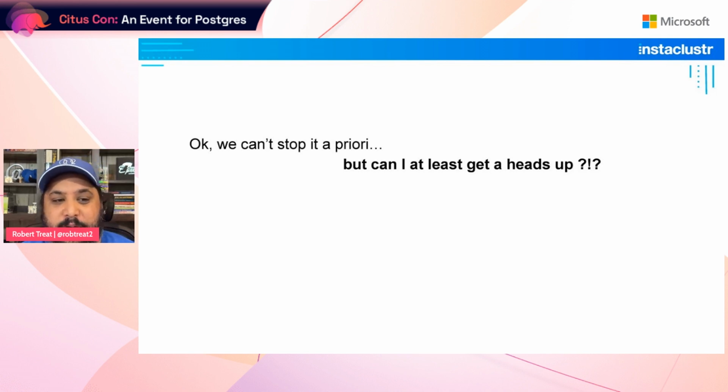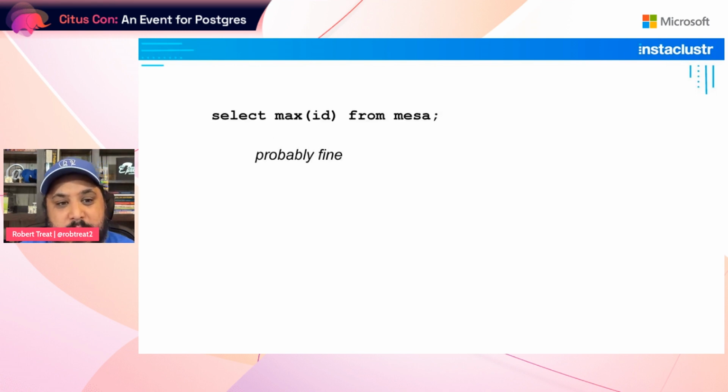It's not quite as simple as it looks in the beginning, but I've got some code here to help you out. The first thing I think about, and I think this is most people's initial check, is I'll just select a max ID number for my primary key from my table. And if I do that query on the regular, that should really be fine. It's a primary key, it's indexed, it'll be a very fast query. Even if you have 500 tables or something, 500 of those lookups are not going to be that big of a stress on the system.